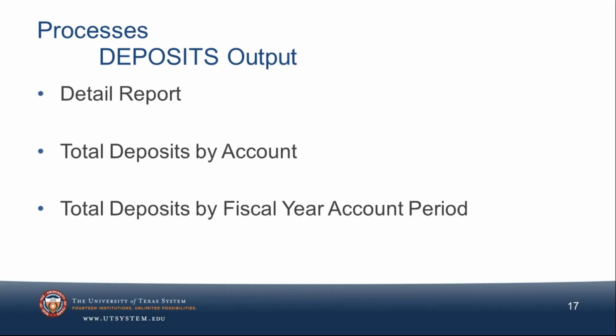So when you're looking at total deposits by account, and total deposits by fiscal year accounting period, what I'd be looking for in that are any big variances if you're looking at particular accounts. I would imagine that you would know or have some idea of which accounts would have these big variances. But other accounts, that's always something to look for. Anytime you're doing any kind of financial analysis, you're looking for variances. So that's something that you could use these summaries for.